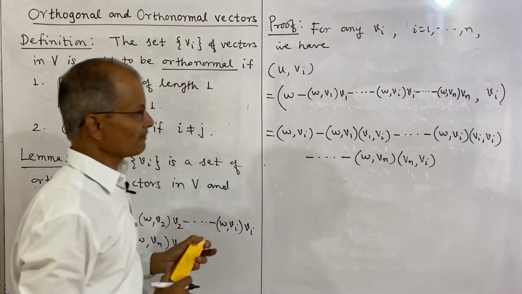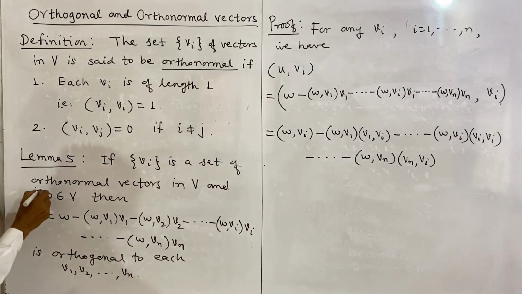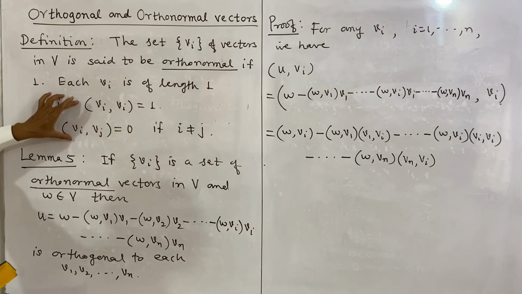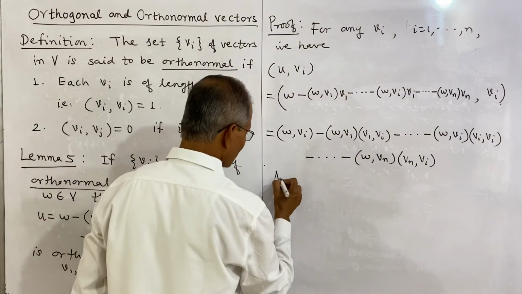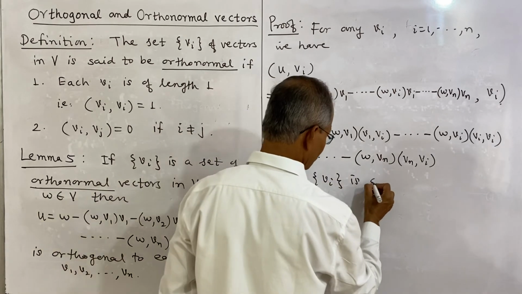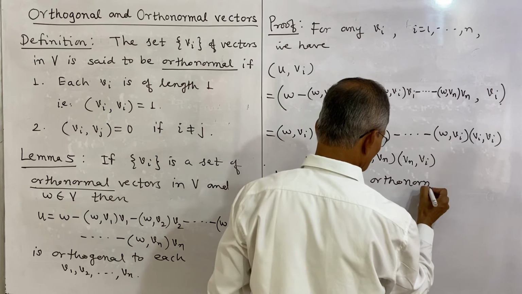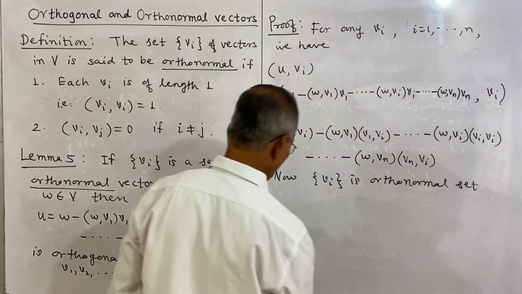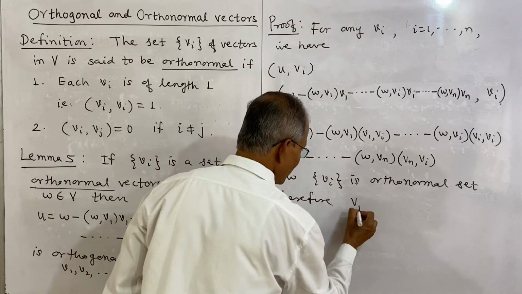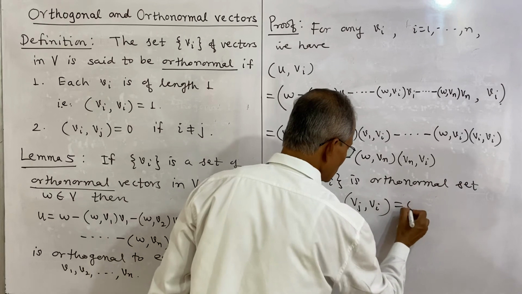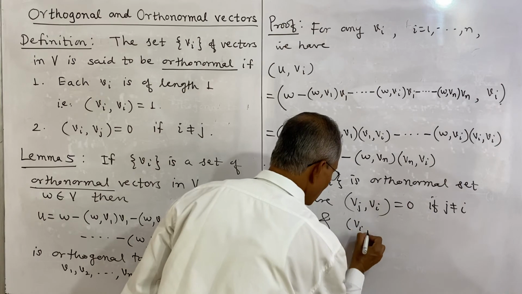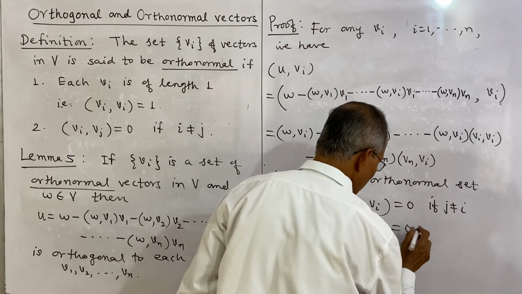So this is the expression, and now we use the fact that the vectors vi are orthonormal. That means vi satisfies these two conditions. Now vi is an orthonormal set. Therefore, what we have is inner product of vj and vi is 0 if j is not equal to i, and inner product of vi with vi is equal to 1,